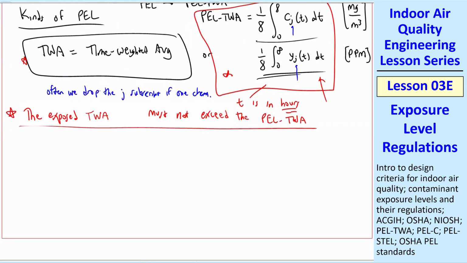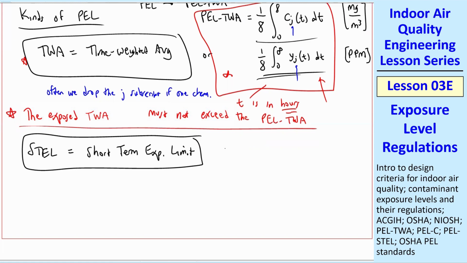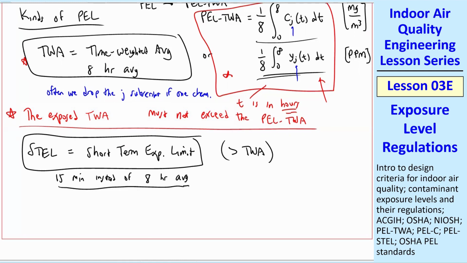That's the TWA. There's also an STEL, and that's defined as the short-term exposure limit. This is generally greater than the TWA. It's similar to the TWA. It's still a time-weighted average, but it's over 15 minutes instead of 8 hours. So this is an 8-hour average, TWA. The STEL is a 15-minute average instead of an 8-hour average. So it has the same equation,